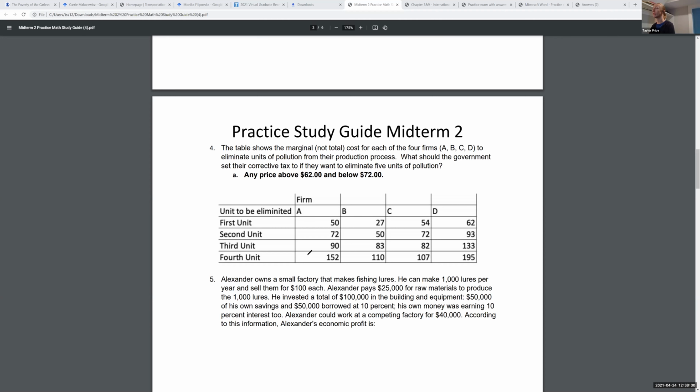So when this question asks you what should the government set their corrective tax to if they want to eliminate 5 units of pollution? The first thing to remember is that they're always going to eliminate the cheapest units of pollution first. So the cheapest unit of pollution here is going to be the 27 from the first unit from firm B. The second cheapest is actually going to be there 2. So 1 from firm,